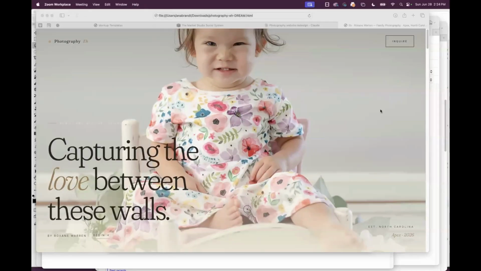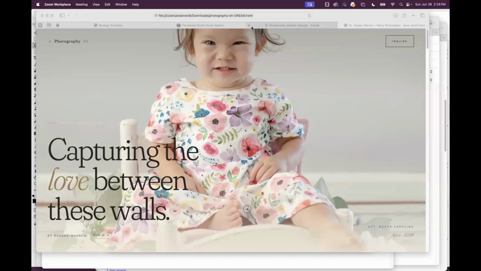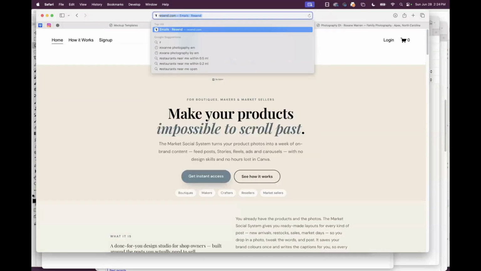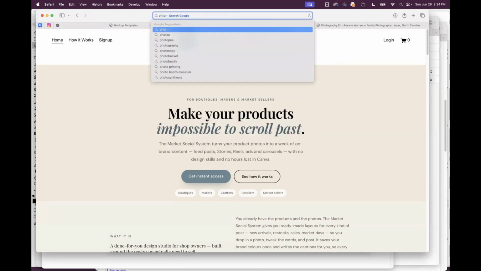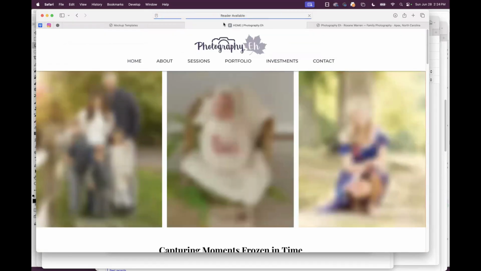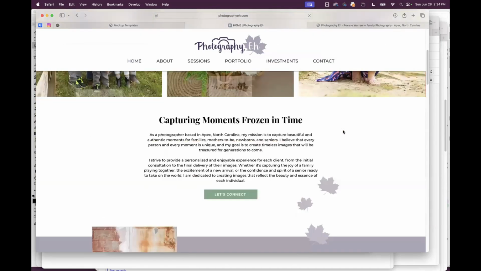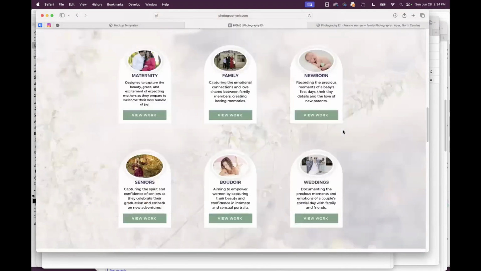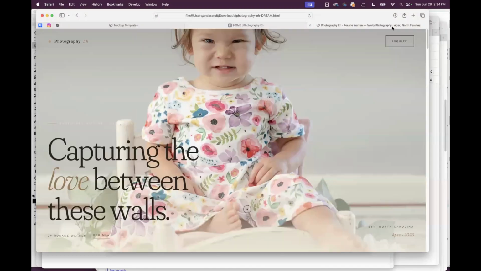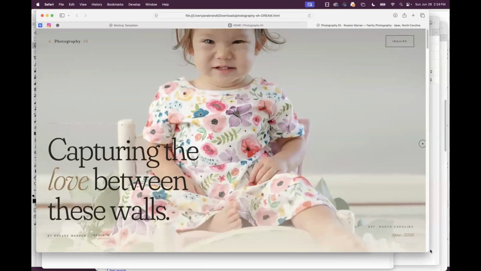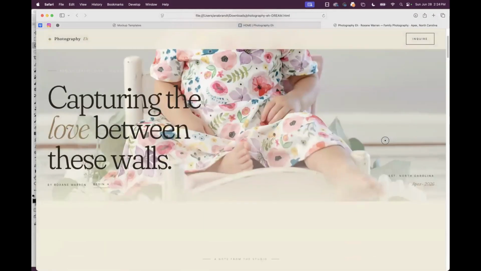So I'll show you real quick what her homepage looks like. Her website, Roxanne, Photos by M Photography. Oh my gosh, if I could spell. There she is. So this is her existing website now, and she's been super gracious and super patient while I've been rebuilding her site. So this is what it looks like now. And this is what it's going to look like. Look how beautiful this is. Isn't that pretty?